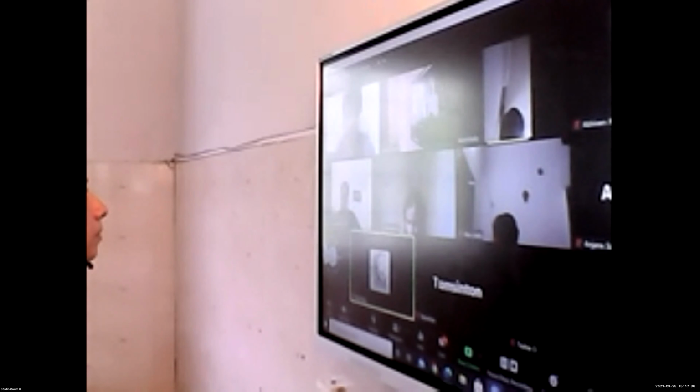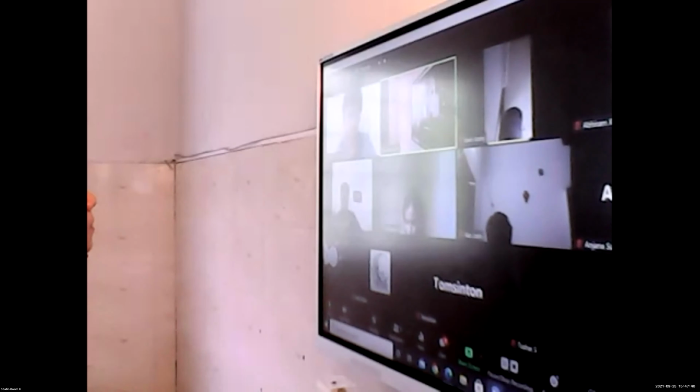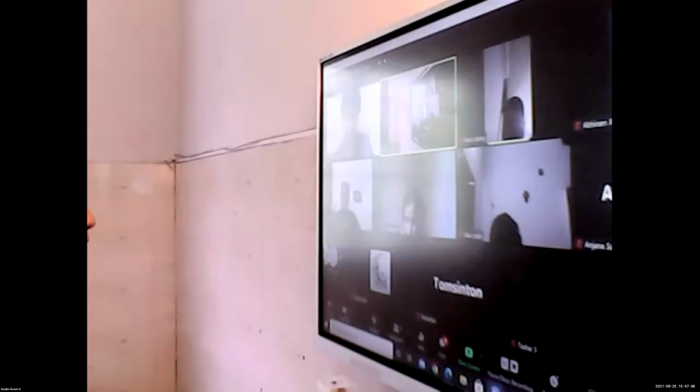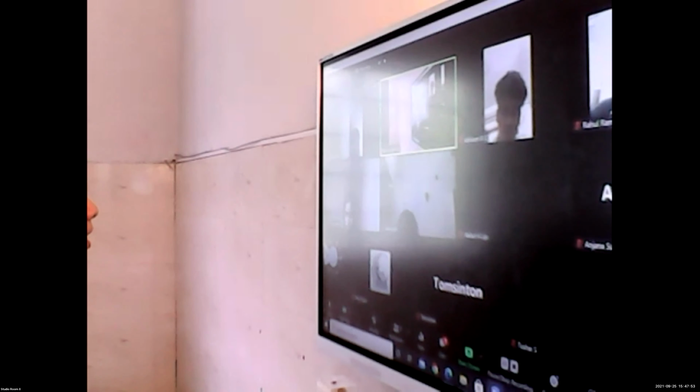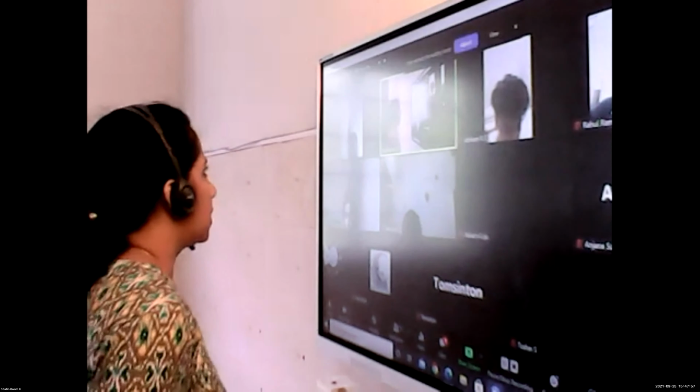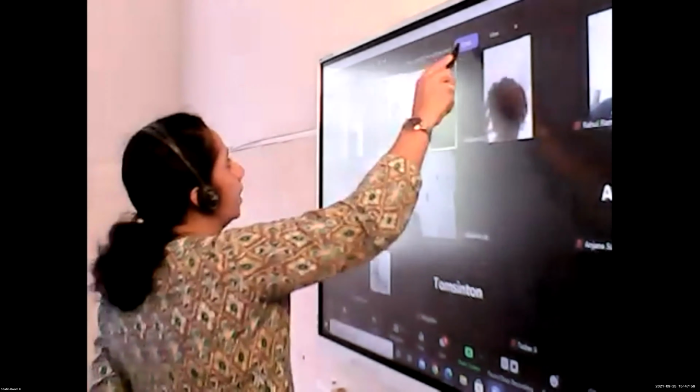Ma'am, there are two methods: using the in operator and using the range function. Correct, Kevin. Within the range function, we can give a single value or three values, that is start value, stop value, and step value.